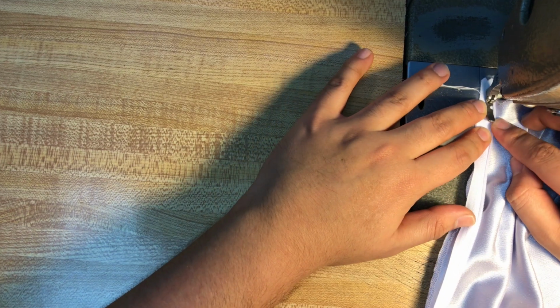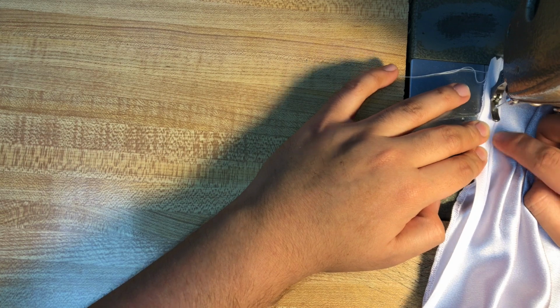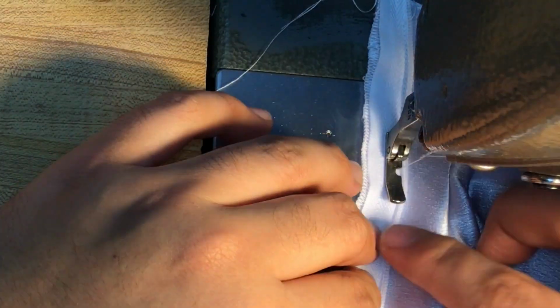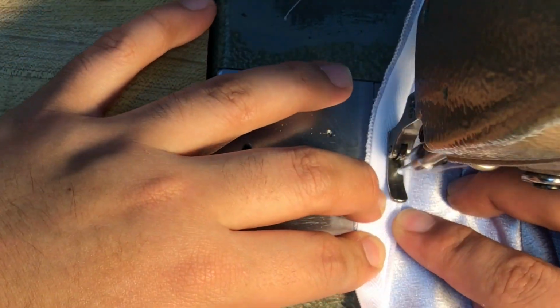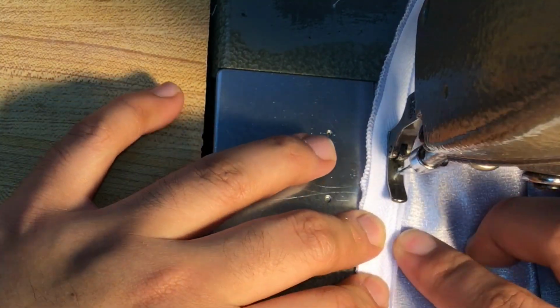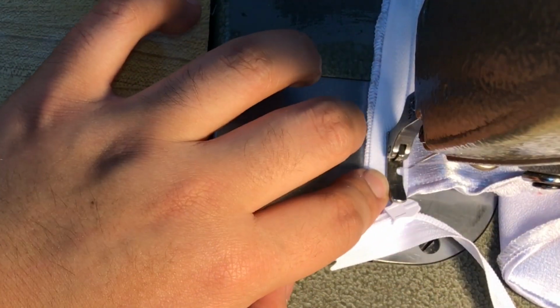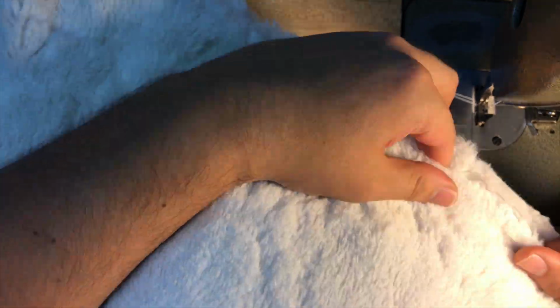When sewing an invisible zipper, it's very essential to sew as closely as possible to that little coil, and doing so is what helps you ensure that it becomes invisible. For sewing zippers, I have a zipper foot set of 2, one for each side. However, there are some zipper feet that are double-sided and let you sew both sides with just one. So once I sew one side, I do have to switch it out and put in the other,